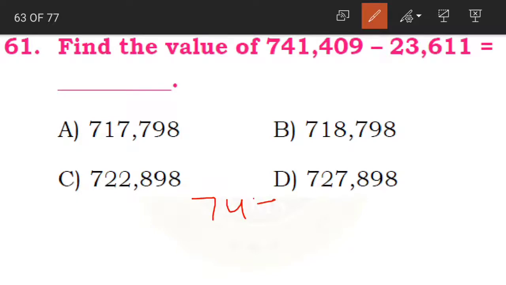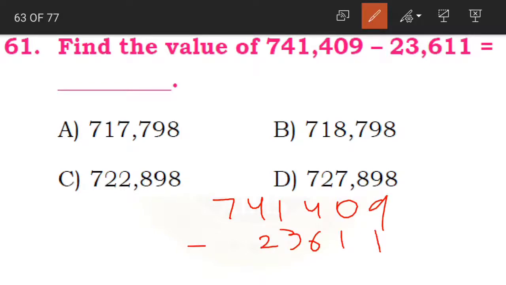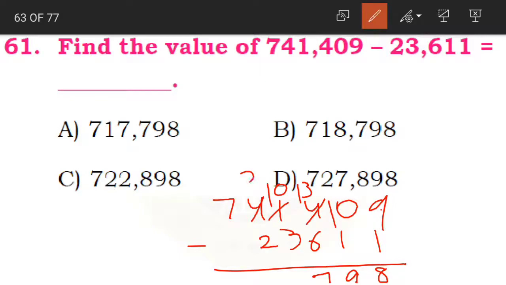We just need to do what? We just need to subtract the given numbers from each other. Now starting with the ones place, 9 minus 1, 8, here 0 minus 1, 0 becomes 10, 4 becomes 3, 10 minus 1 is 9. Now 3 minus 1 is not possible, so 3 becomes 13. 13 minus 6 is how much children? 7. Yes, now 0 minus 3 is again not possible, so we need to borrow. 0 becomes 10. 10 minus 3, 7. 3 minus 2, 1 and 7. What is the final answer?